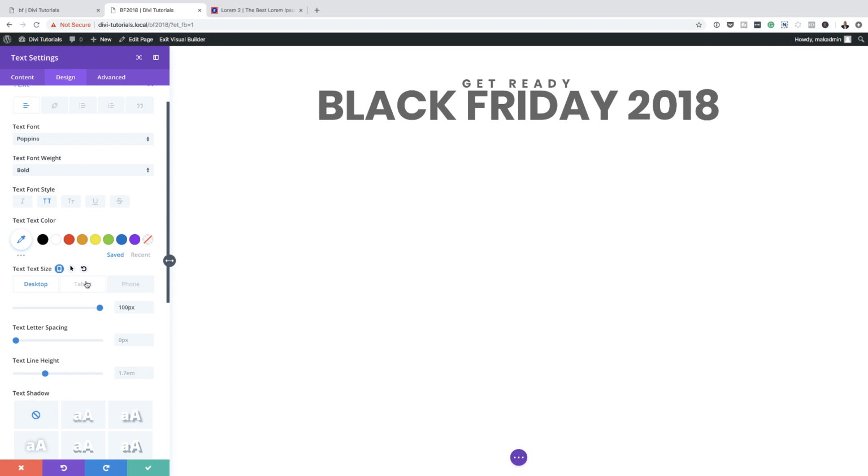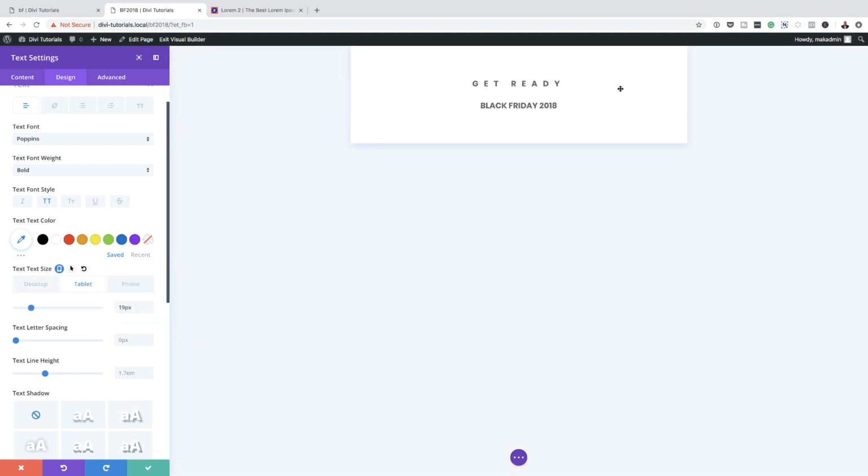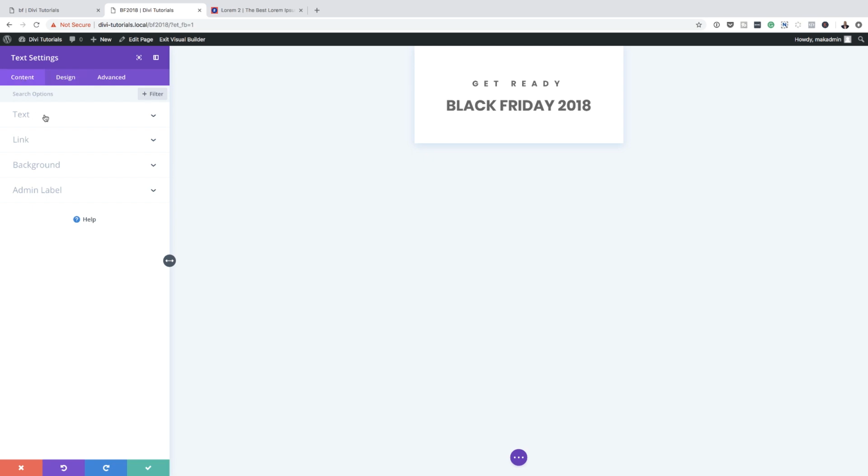So I'm going to come over here to my tablet and make sure that this looks great. So as you can see, the size here is way too small because it's taken the settings of the previous module. Okay, so here I think 58 looks great. And then on the phone, I'm also going to reduce this because I want this in a single line. So I think 36 will look great on that. Right, so now that we have that all set, I'm just going to come over here back on the text,